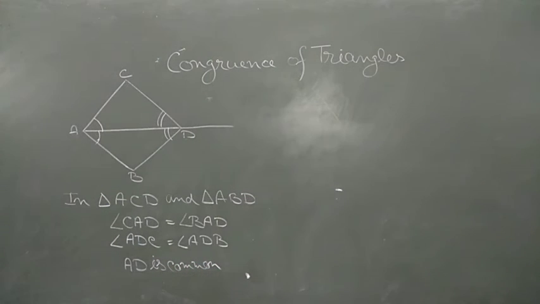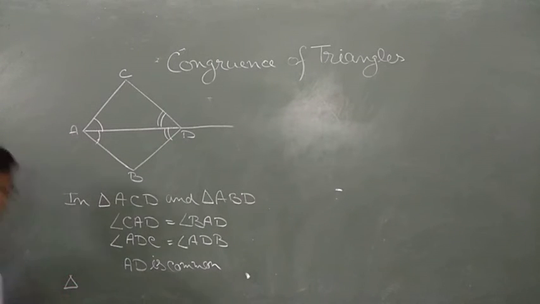Clear? So here what we prove is that two angles are equal to each other and AD is common. So we can easily write down